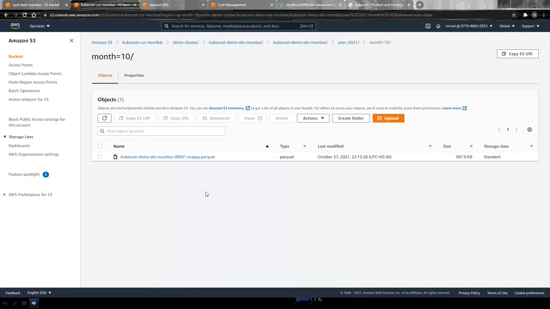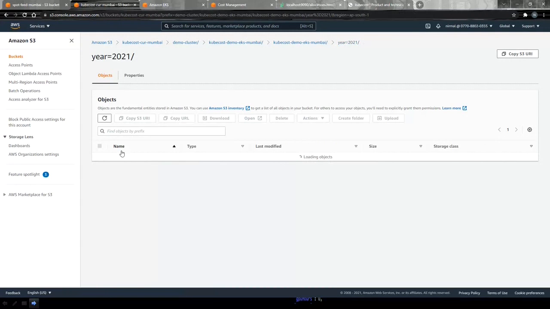Also, one important point to understand is that you can create an Athena query based on this. What you can do is use Kubernetes labels. If you're using different workloads for the same team, you can also use different labels to identify the categories for each and every cost sector. Okay. So this is something KubeCost does out of the box. It provides the data based on the year and the actual month, right? For every month you will see the report getting generated.